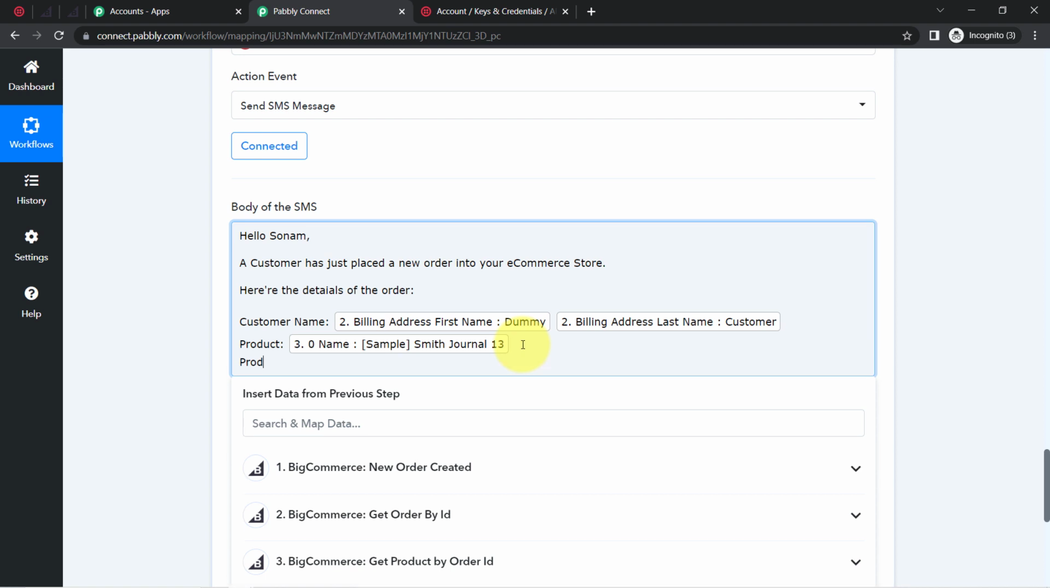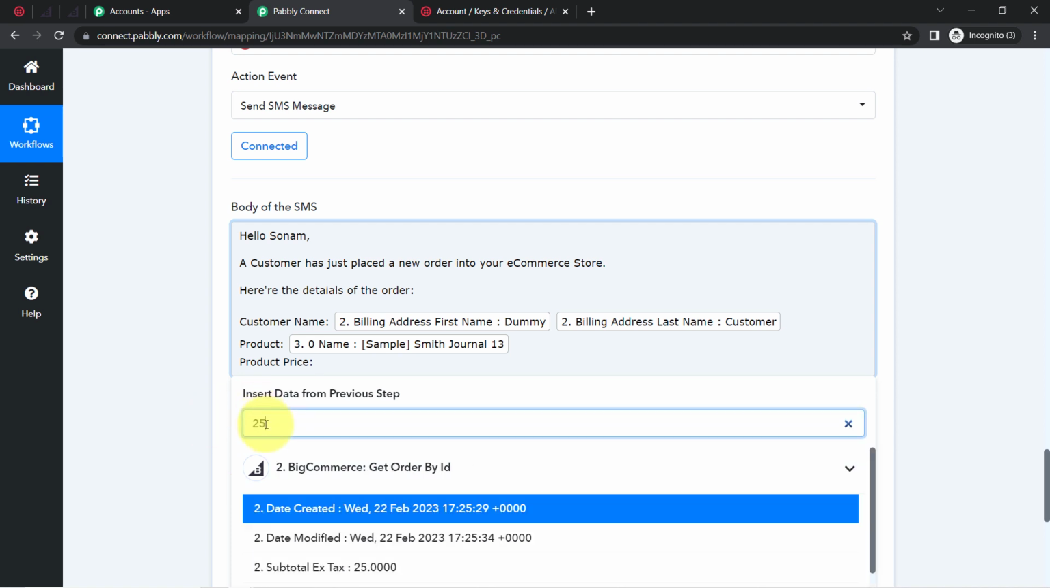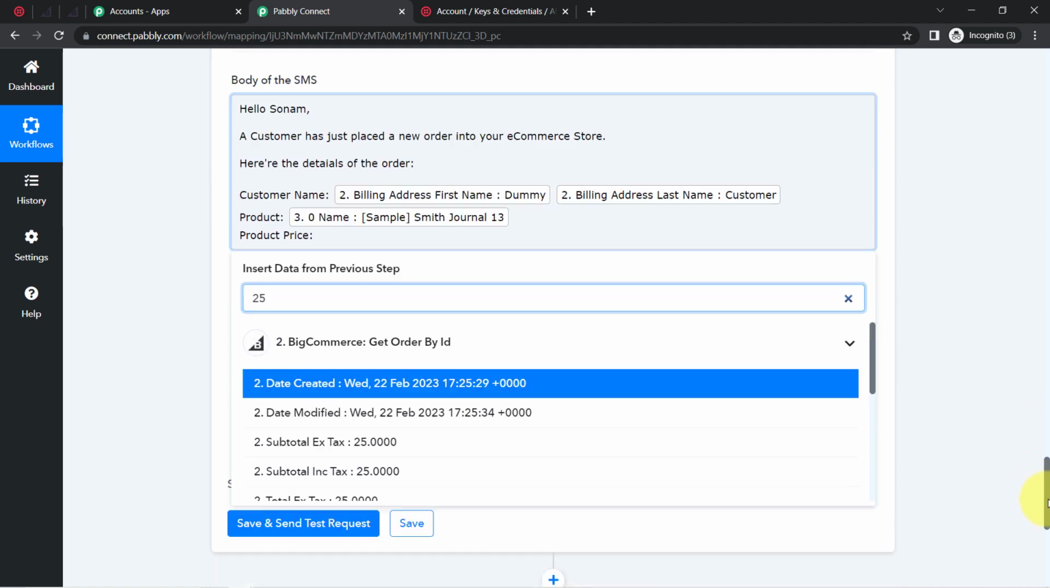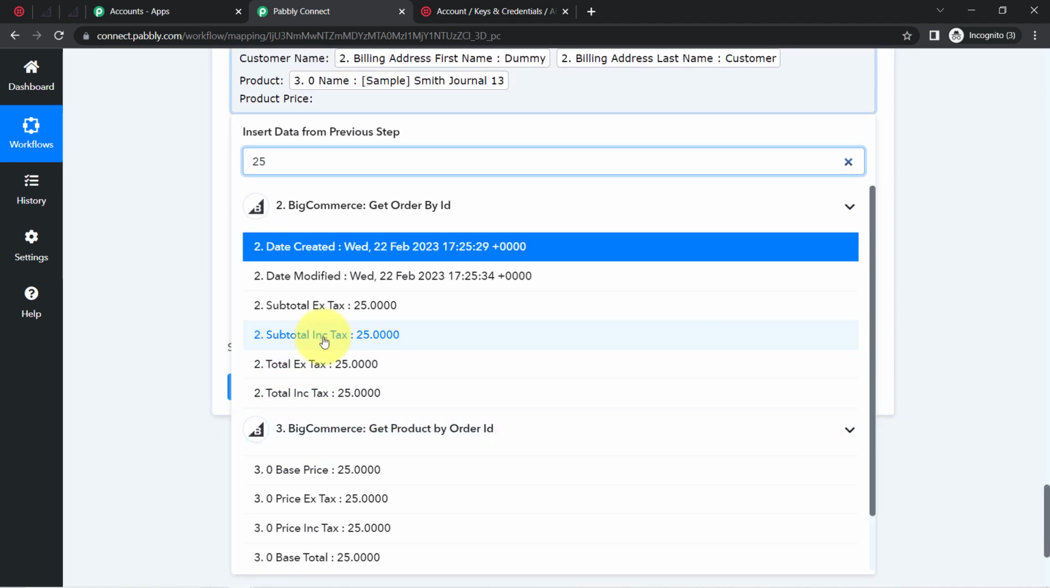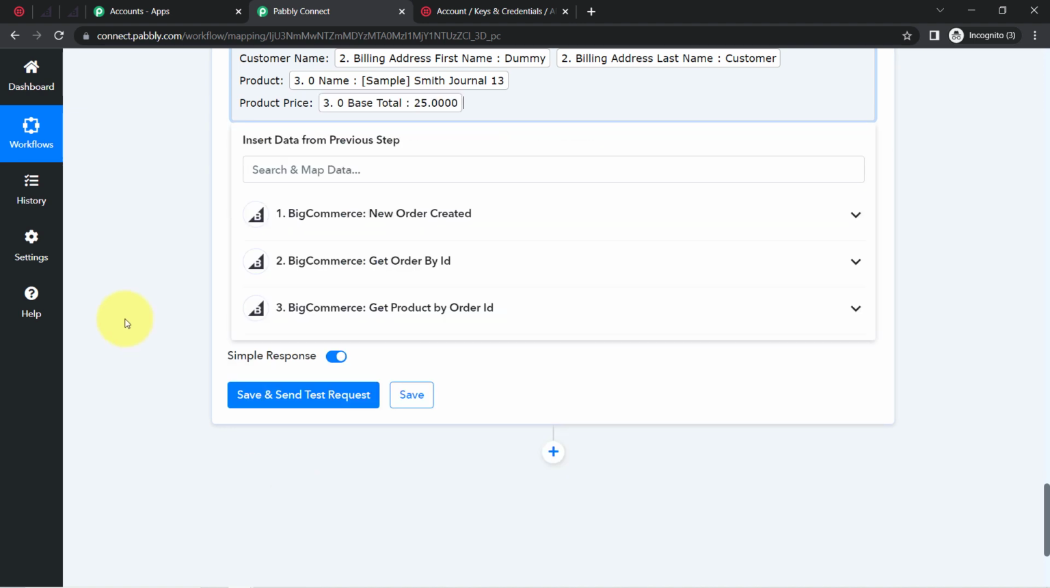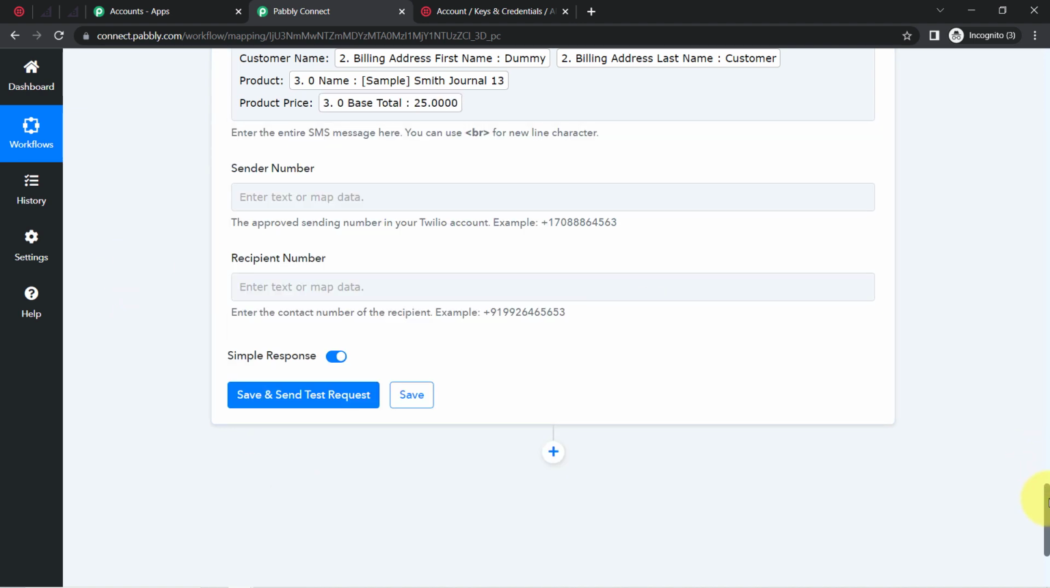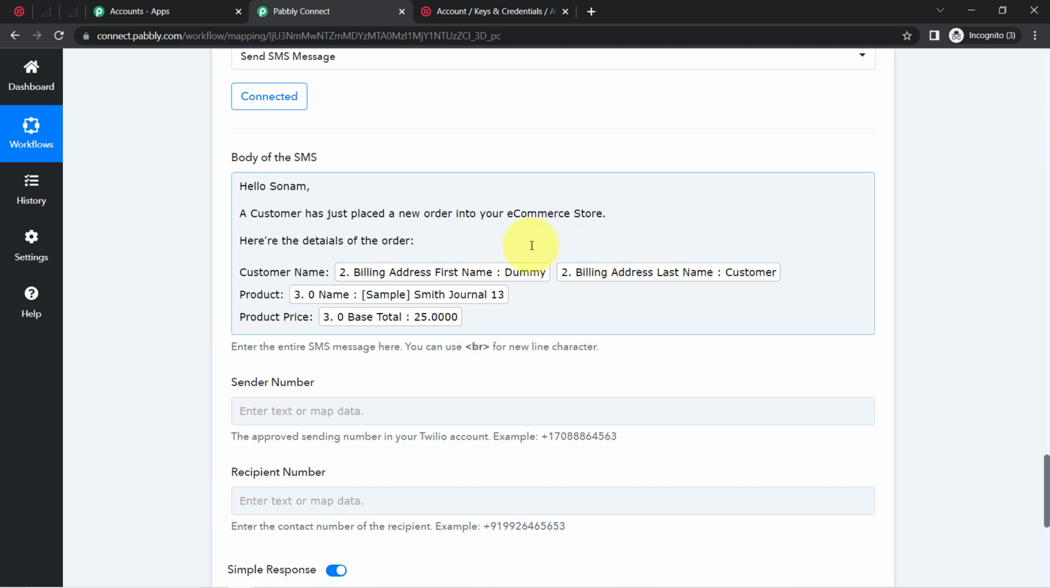How about we also attach the product pricing? So I will be adding the pricing as well, and I remember it was something like 25 rupees. Okay, so here we have all the rates, and I am going to map this base total. Okay, base total. Here we have the final pricing. Okay, so this is how you can map the details which you would like to receive